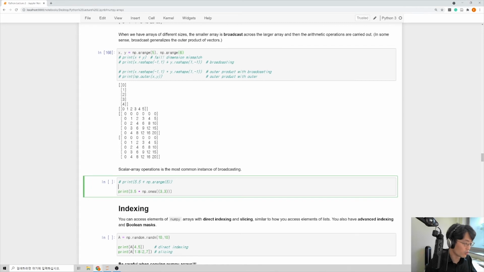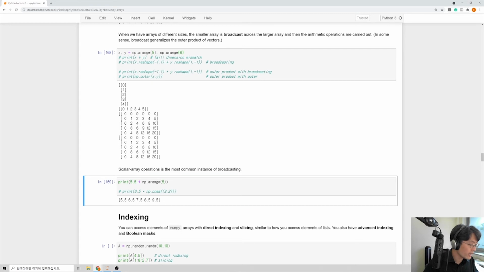So here I showed you an example of broadcasting with two arrays, but actually the most common form of broadcasting is with an array and a scalar. So here we have NumPy arange of 5, so this creates a NumPy array with elements 0, 1, 2, 3, 4, but then we add the scalar here. So a scalar plus a vector, what does that mean? Well, mathematically, you're not allowed to perform a scalar plus a vector, but in the NumPy library, the arithmetic operation is understood to be performed in a broadcasted way. So we take all the elements of this array and then add the number 5.5